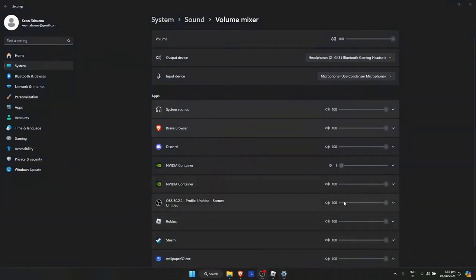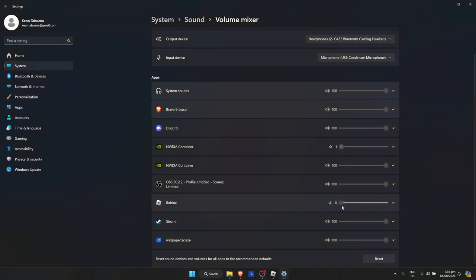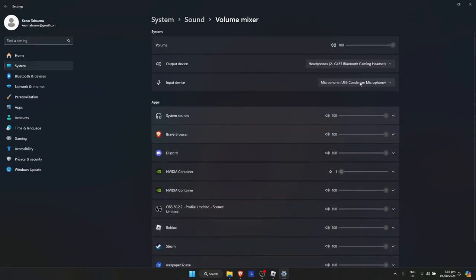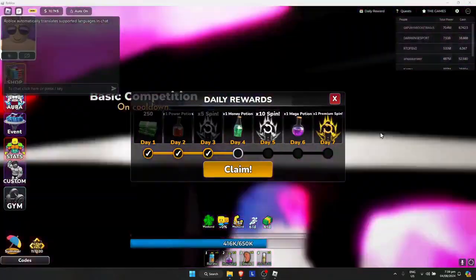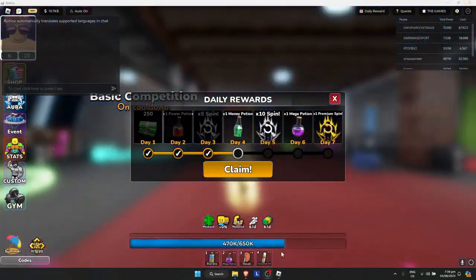And now if your Roblox is right there, if it's muted, it will look like that. So make sure that it is set to 100 also. And if it's still not working, what you need to do is run a troubleshooter. So to do that,